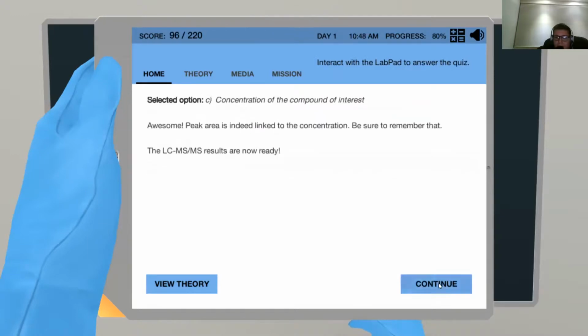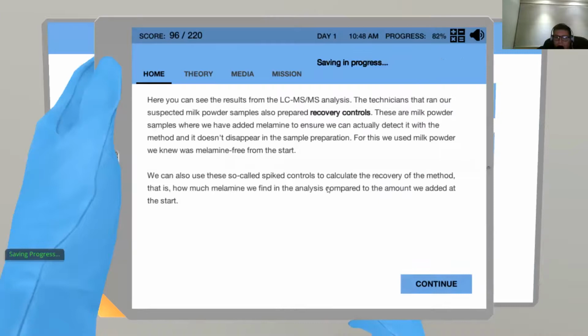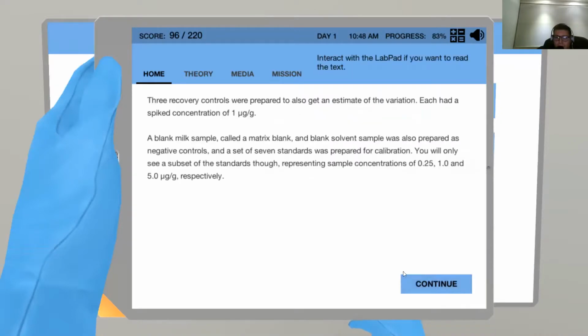Peak area is indeed linked to the concentration. Here you can see the results from the LC-MS/MS analysis. Three recovery controls were prepared to also get an estimate of the variation. Each had a spiked concentration of 1 microgram per gram. A blank milk sample, called a matrix blank, and a blank solvent sample were also prepared as negative controls, and a